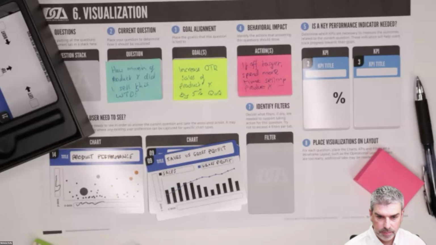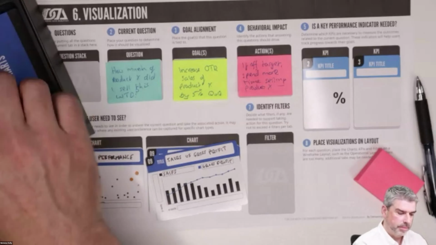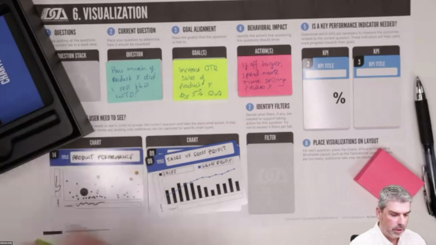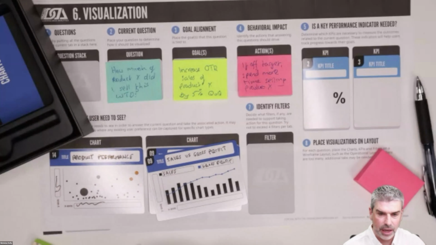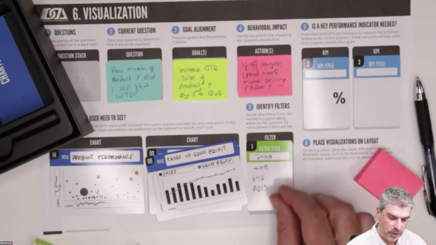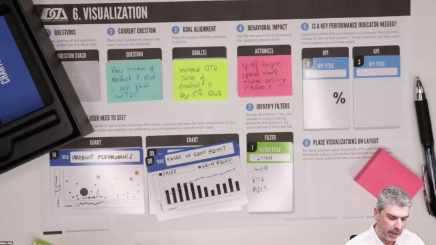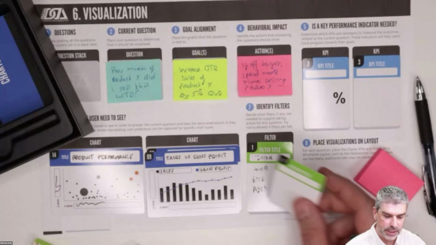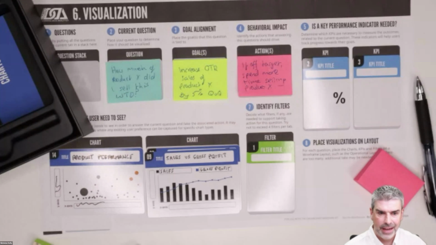And then finally, what filters would they need to see? Right? So they might need to say, well, I need to filter on product, sure. Is there anything else you need to filter on? So let's just say maybe they want to filter on region. So maybe that's important to them. And you can again have multiple filters, so you can stack them here if needed. As a general guideline,